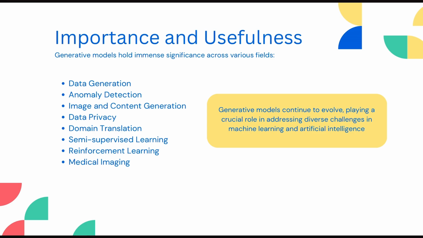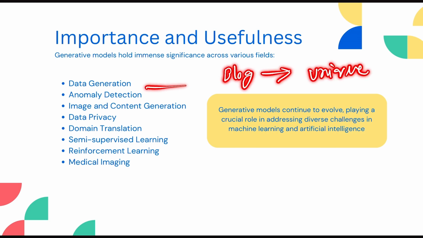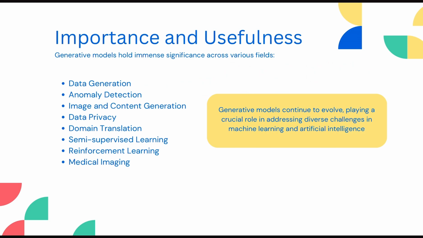So what are the importance and usefulness of these models? Generative AI models hold immense significance across various fields, right? For example, data generation. I wanted to generate a new set of content. I want to write a blog, right? So I want to create a very unique blog, and I can generate data, which is basically an example of